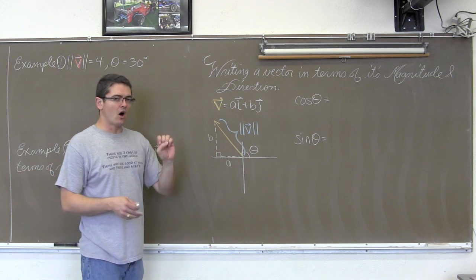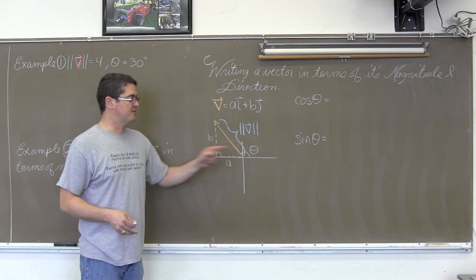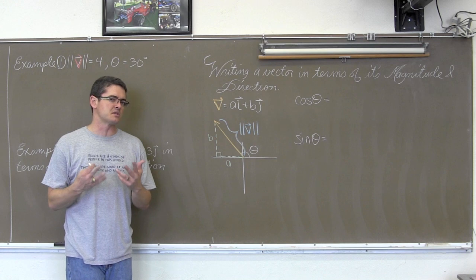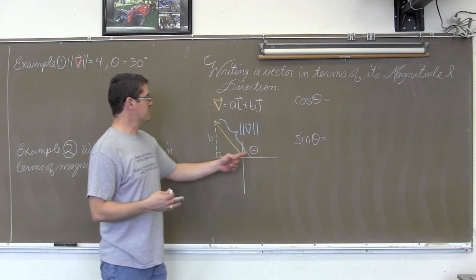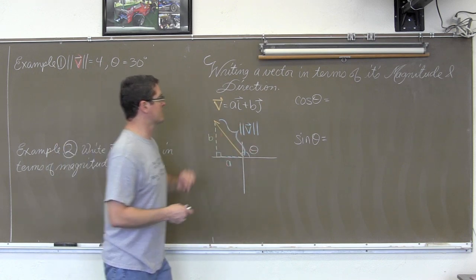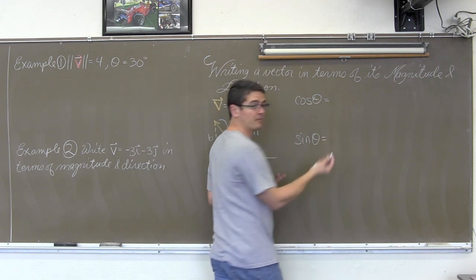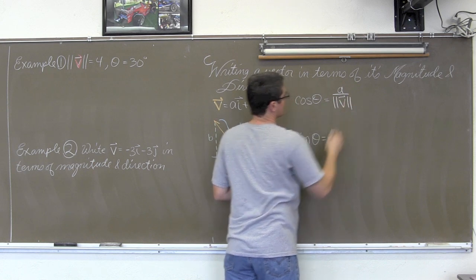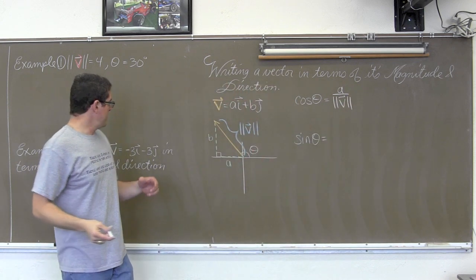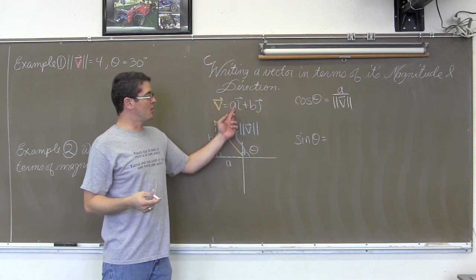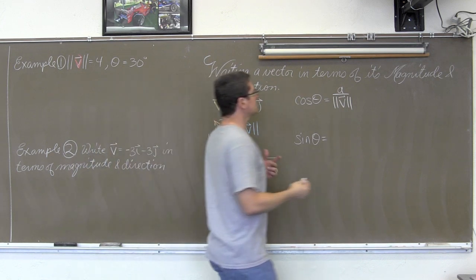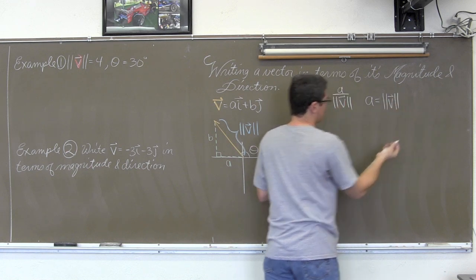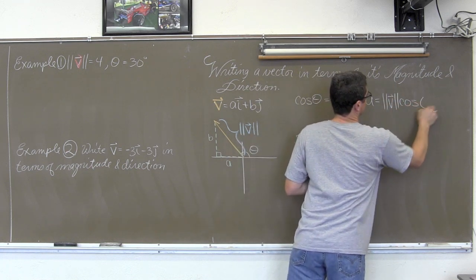Since I've put my initial point on the origin, you can think of it as x over r. We need to lose that r idea because vectors don't have to be placed on the origin, and thus r, the radius of a circle, loses its meaning a little bit. So the cosine of theta is going to be a over the magnitude of v, which is simply a length, remember? Thus a, the coefficient of the horizontal component, is equal to the magnitude of v, again just a length, times the cosine of theta.